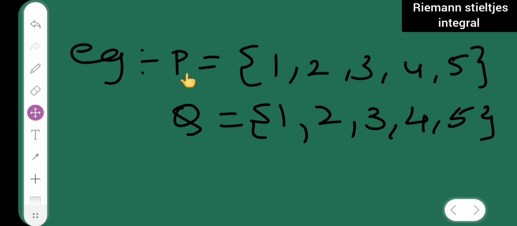Okay, let us see. Now this is a partition P and this is a partition Q. So in this, there are how many elements? 1, 2, 3, 4 and 5 are there. In Q also there are 1, 2, 3, 4, 5. So P is contained in Q and Q is also contained in P, right? So now what I can say is P is the refinement of Q and Q is the refinement of P. Therefore, both of them are refinements of each other, right? So this is called a common refinement.